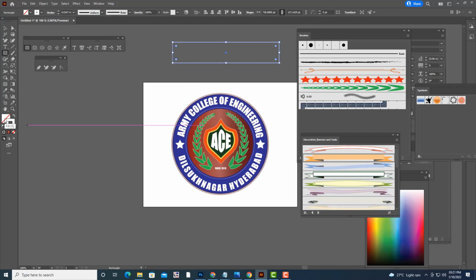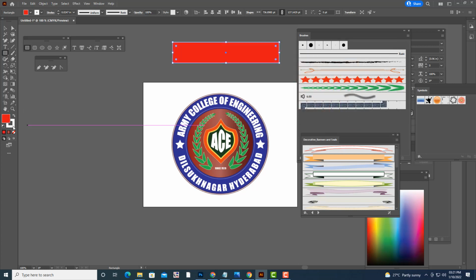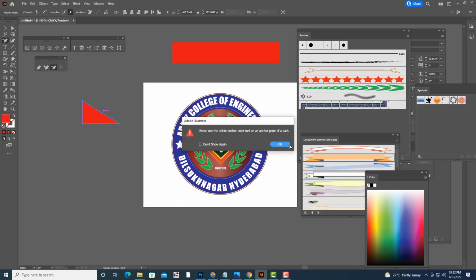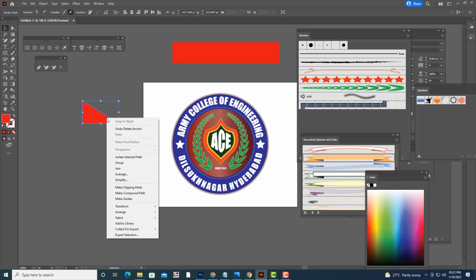Just a thick banner, turn off the stroke, and then we'll create one. How will we create it? We'll remove some of the points here. And then we will flip it.